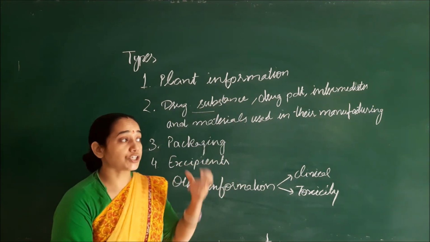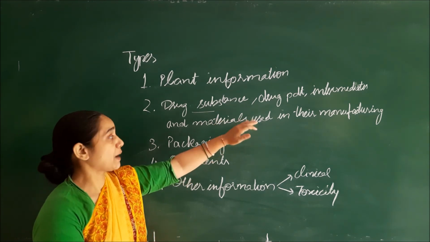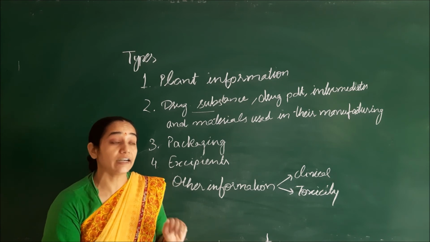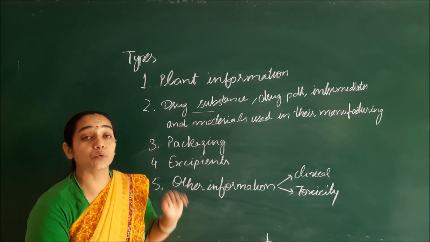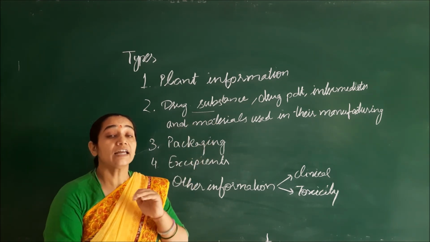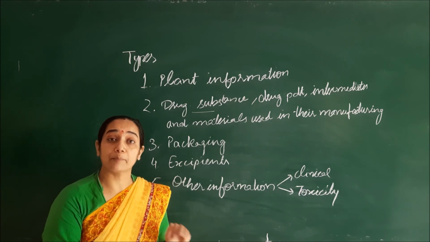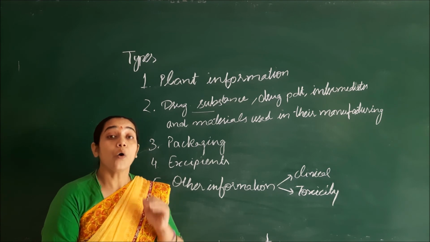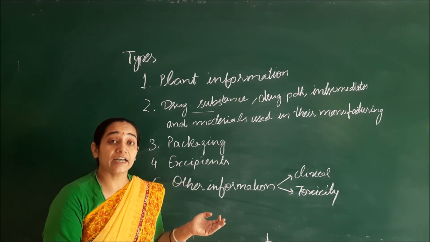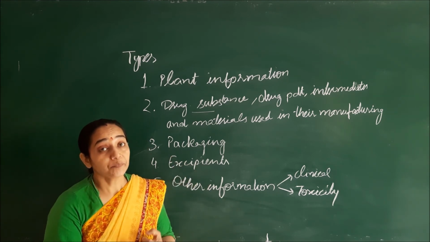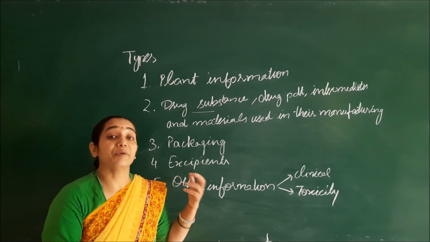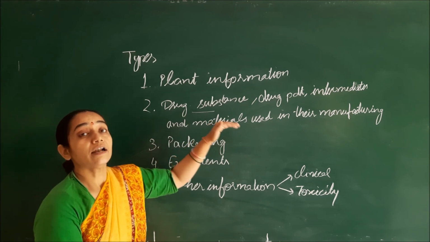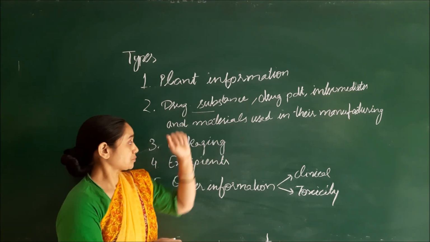It will contain all the information about the drug substance, drug product, and the intermediates which are prepared during the formulation of a particular drug substance by the manufacturer, as well as all the materials. It will contain all the information about all kinds of excipients, whether they are diluent, binder, antiadherent, glidant, lubricant, or organoleptic additives. They may be color, flavoring agent, or sweetener. All of this information will be supplemented in Drug Master File Type 2.